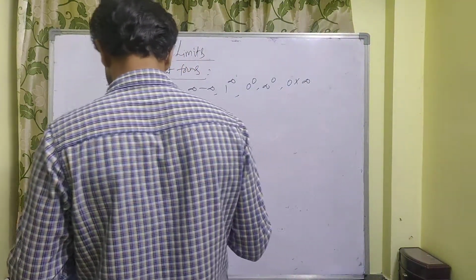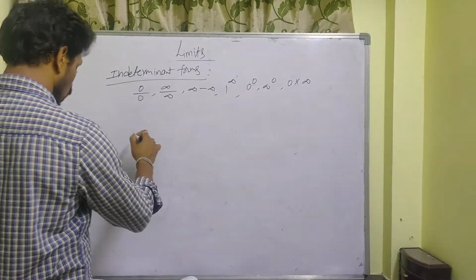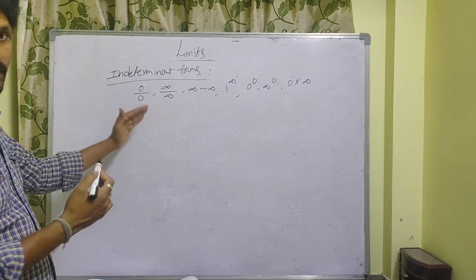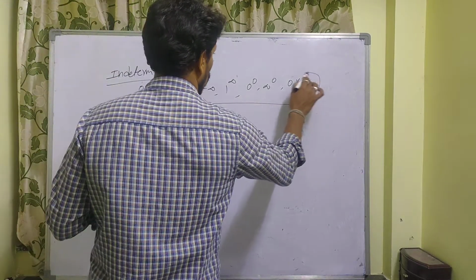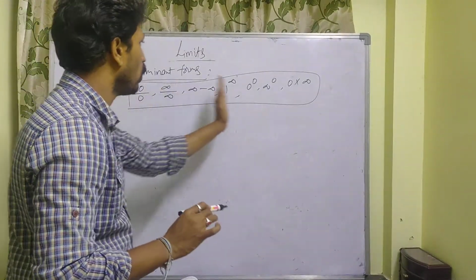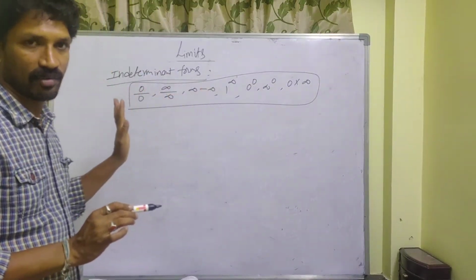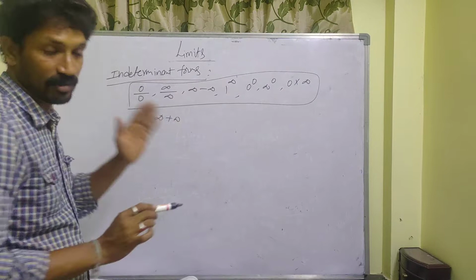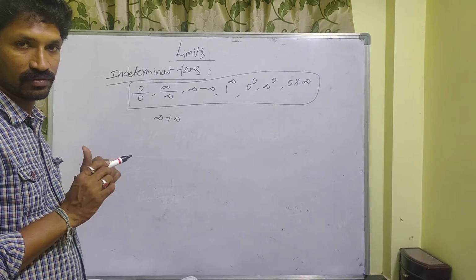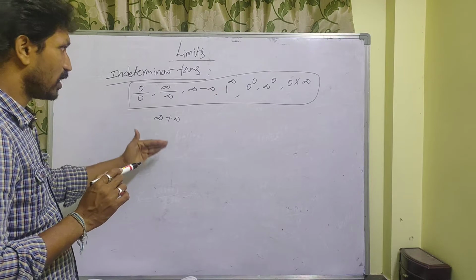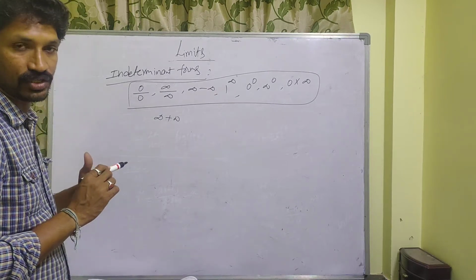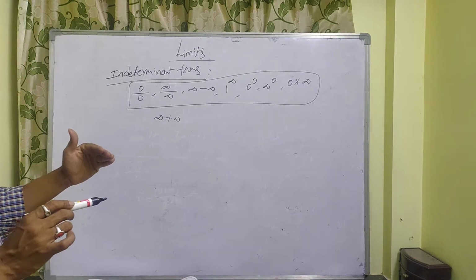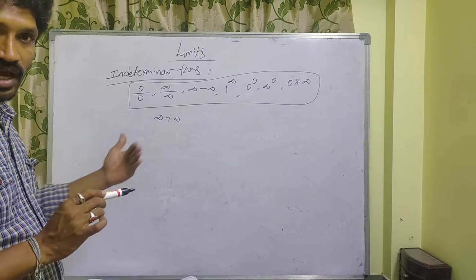Whenever you have other forms, all are determinate only and not indeterminate. If you observe any one of these seven, only those are the indeterminate forms. For suppose infinite plus infinite is determinate, that is defined. Like that, infinite into infinite, infinite power infinite. Whenever you observe, all those are determinate only, that means they are defined.